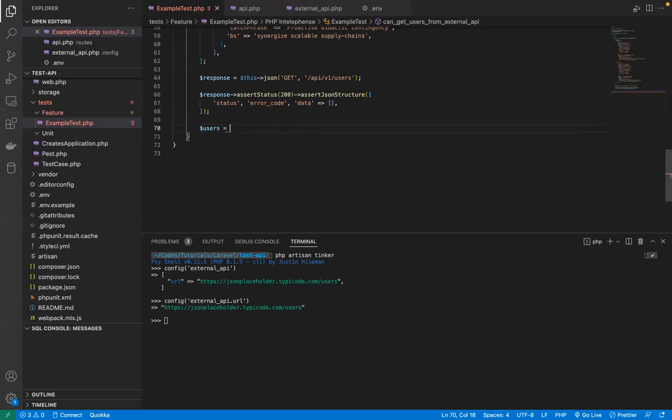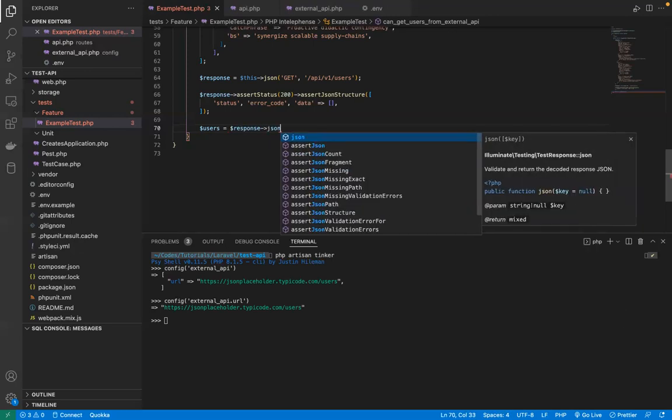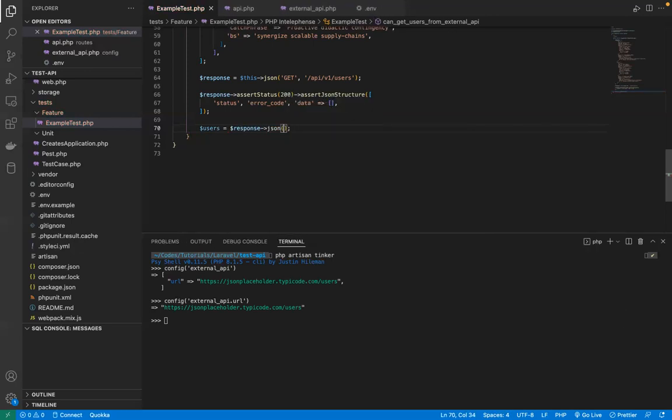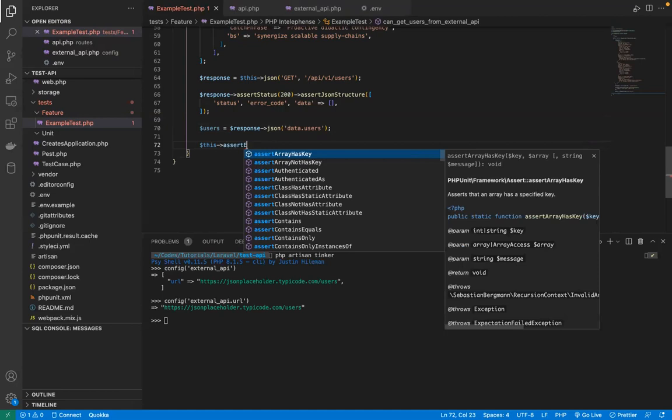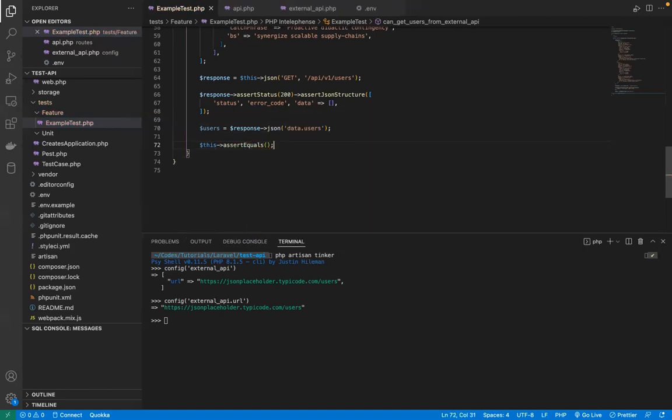So we'll have something like response JSON, and I want you to access data dot users. This is going to be in an array format, so it doesn't really matter. So we are going to assert equals that